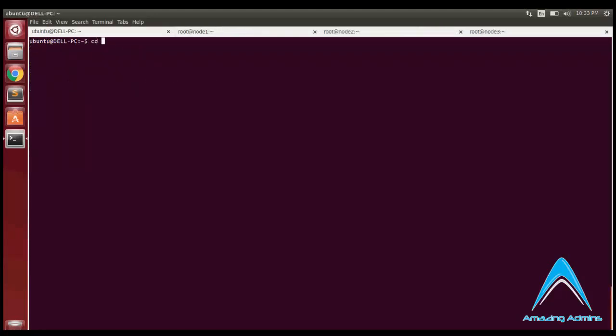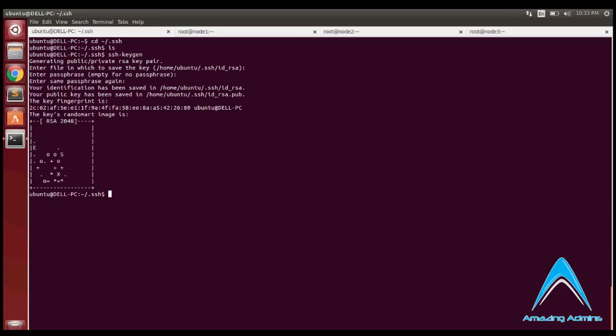So now starting to generate the public private key pair, I'll first go into the .ssh folder and check if there are any available keys. As you see in the .ssh folder, there's nothing there right now. So to create the public private key pair, I'll type in ssh-keygen, and as you see, I'm creating a pair of keys. Now if you see in the folder, two keys have been created. One is id_rsa and one is id_rsa.pub. So the RSA algorithm has been applied and a public and a private key has been created.